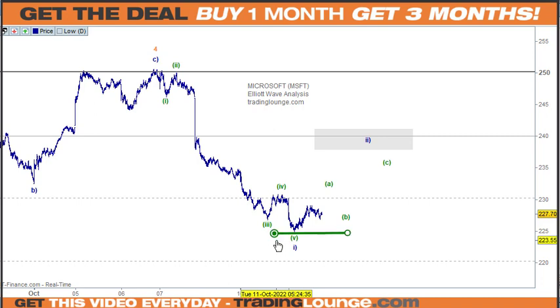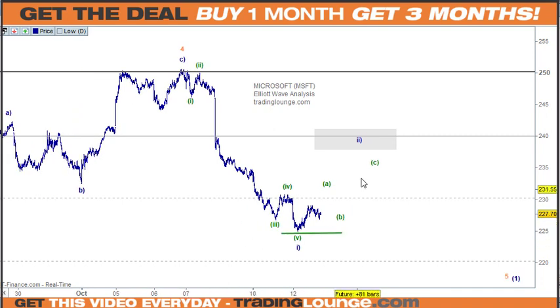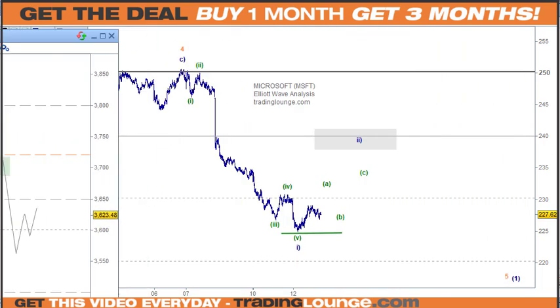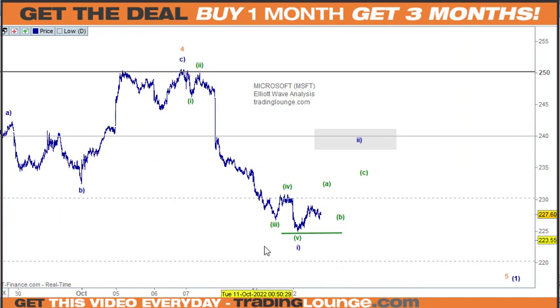So this is a good one to short, really. Just about how high it comes back up here. When you see the Nasdaq and the S&P getting in, say with the S&P here, let's assume that A wave is in here and we're in B wave at the moment, and then we get up into wave C up here. Have a look at where the Nasdaq and the S&P are, and then think to yourself, well, it's probably going to be around here somewhere, the 233 to 235.